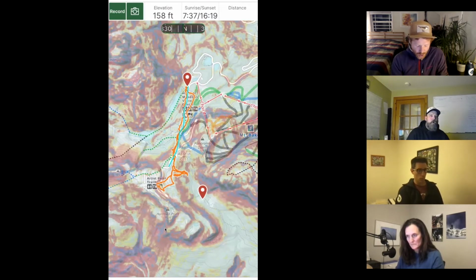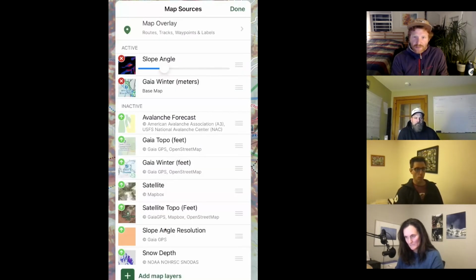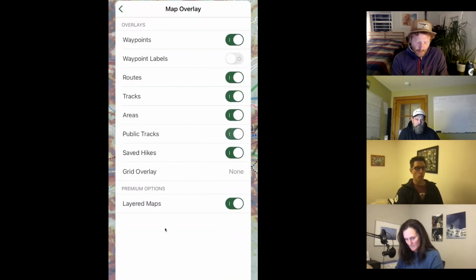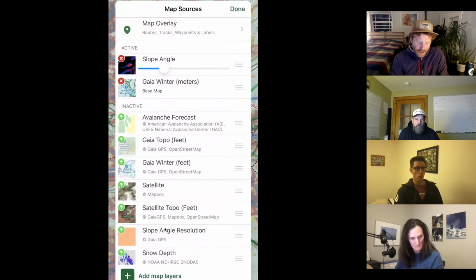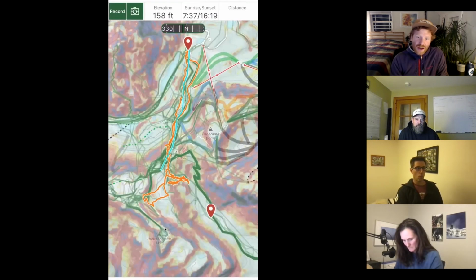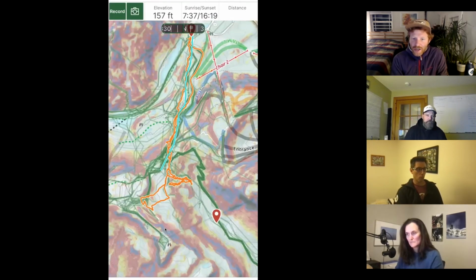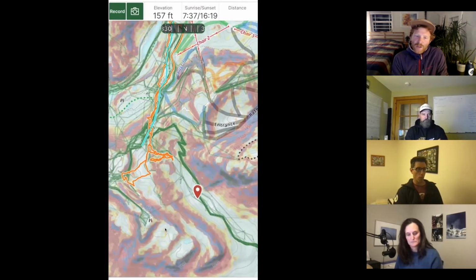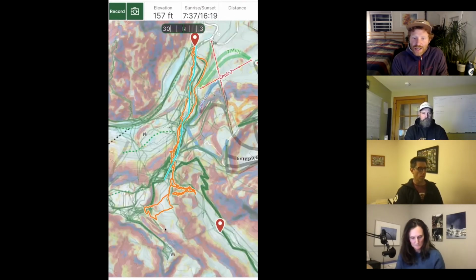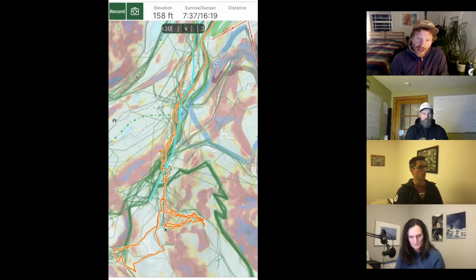The way we do that is we click on the layers button on the top right, those stacked squares, click on the map overlay at the very top, and then we can turn on public tracks. Just like that, we hit done. And now these green lines are places that folks have shared their location as they've tracked their route along their trip. And you can see that quite a few of them happen to overlap with the region that we're going